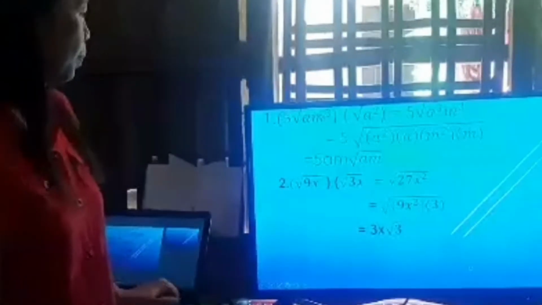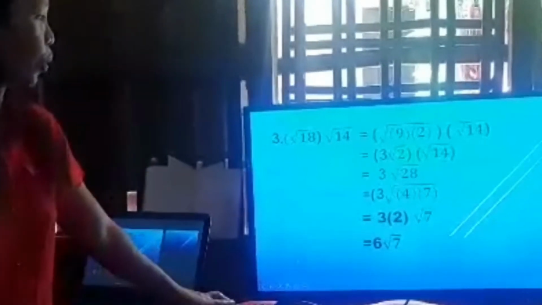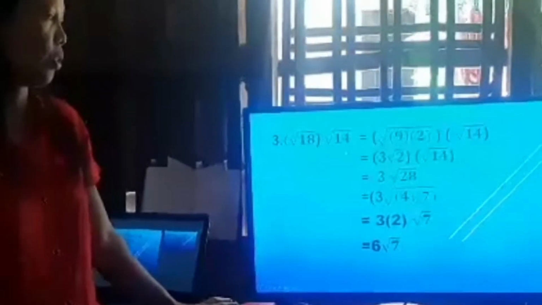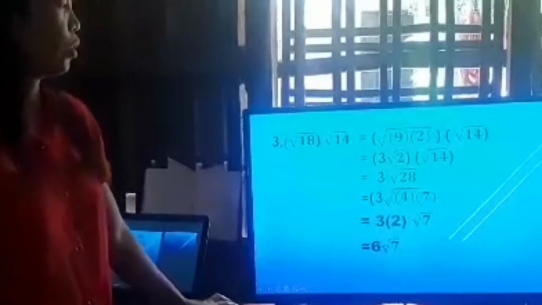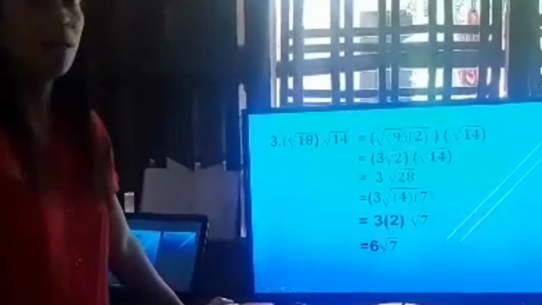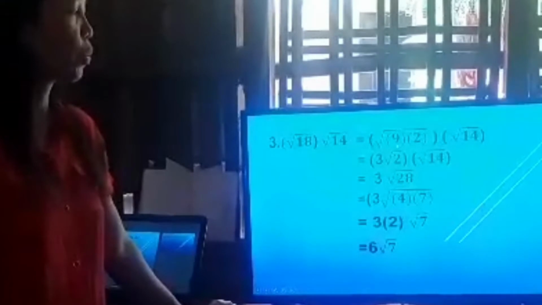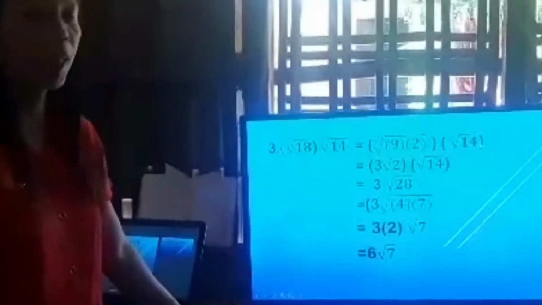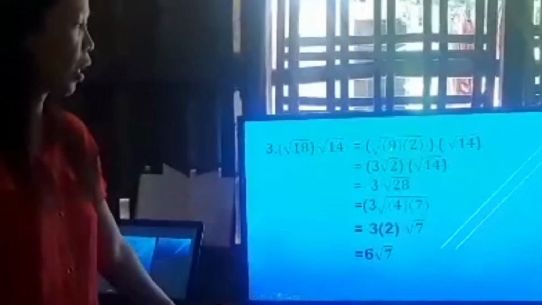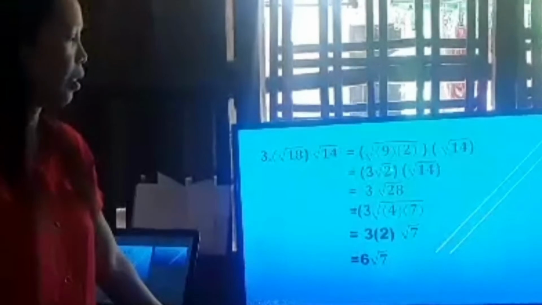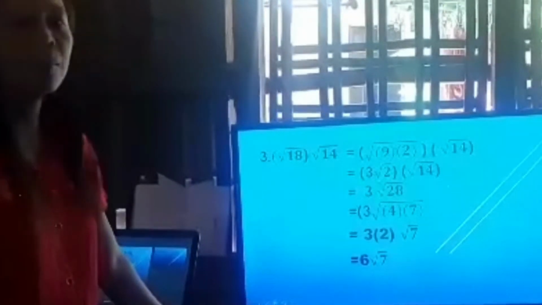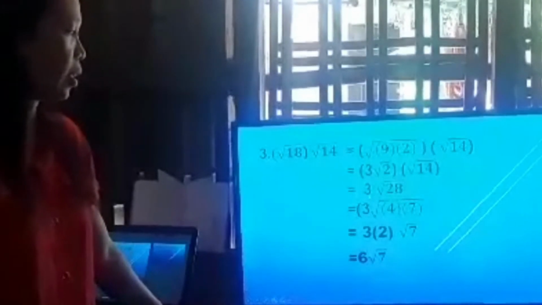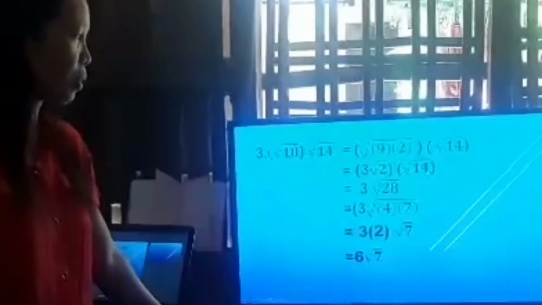Another problem. The square root of 18 times the square root of 14. Since the square root of 18 has a perfect square factor, which is 9 times 2, then times the square root of 14. We have the square root of 9 is 3, and then the square root of 2 times the square root of 14. And then 3 times the square root of 2 times the square root of 14 is equal to